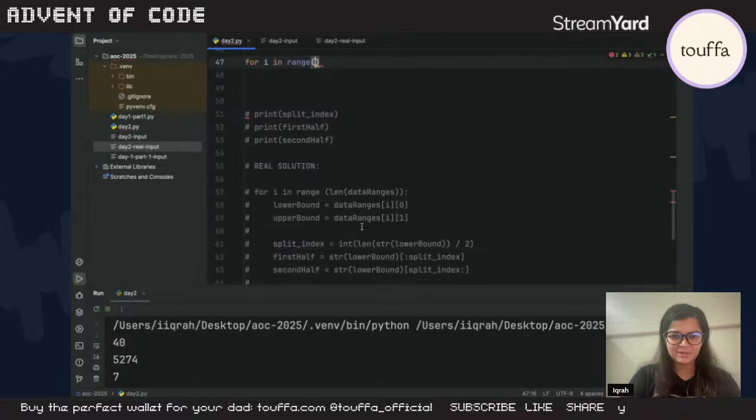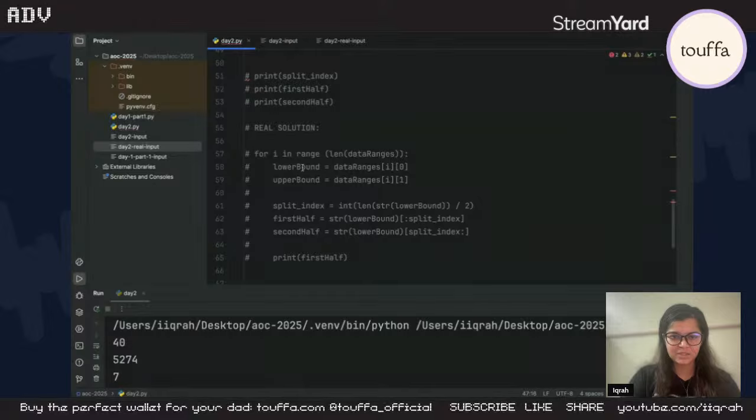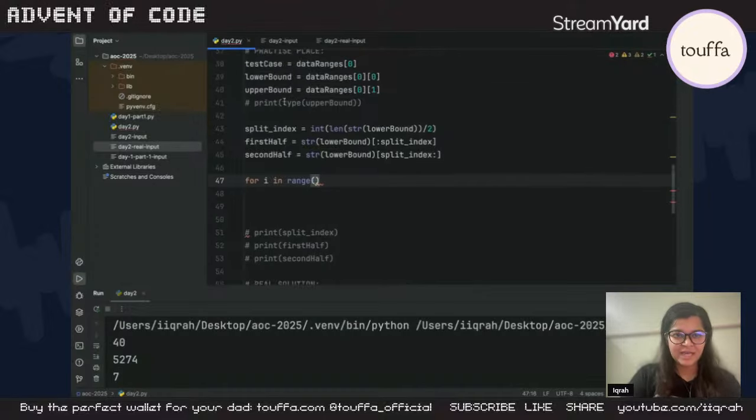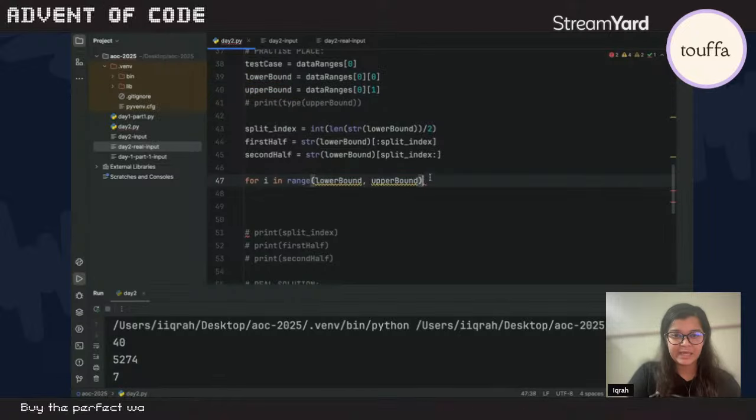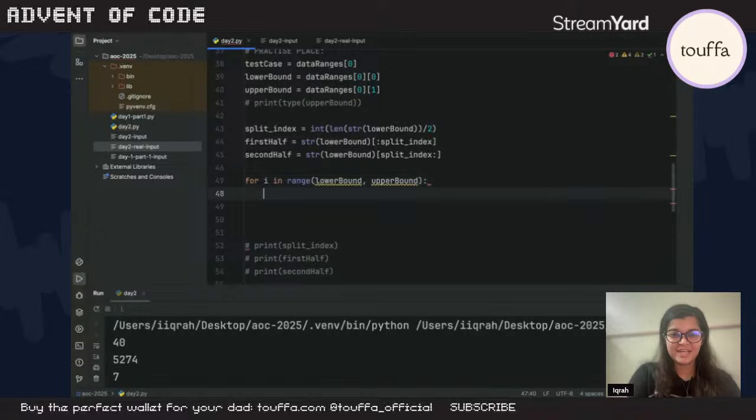Did we already do this? Lower bound and upper bound? No, we did i in range for data set to get the lower bound and upper bound. Fine, that's fine. And now that we have a lower bound and upper bound, we will start from the lower bound and go all the way till the upper bound, right? And then check